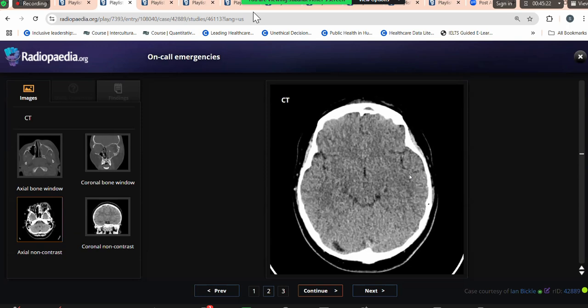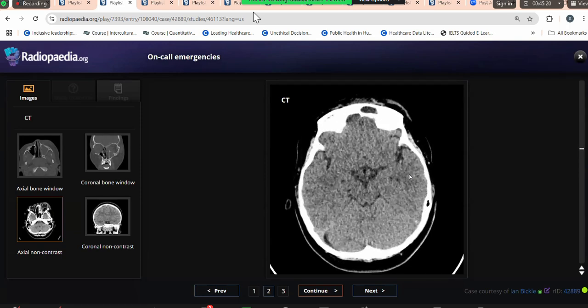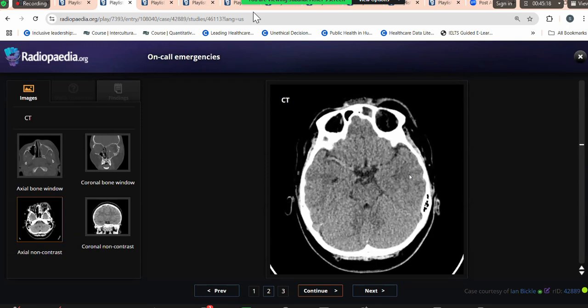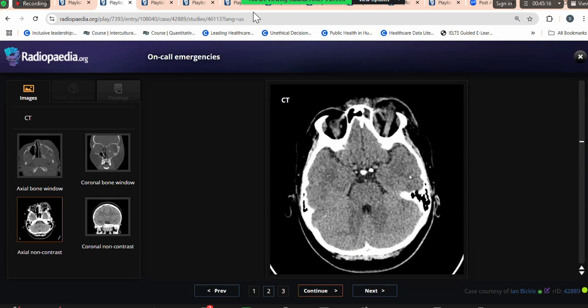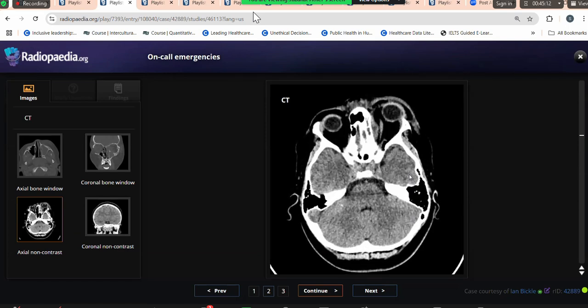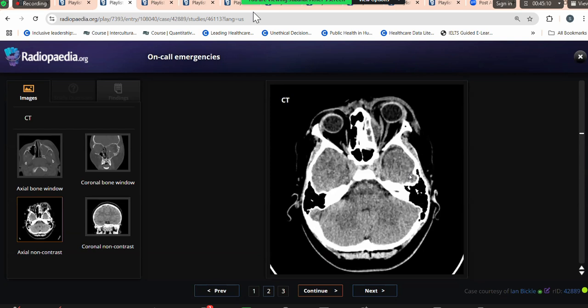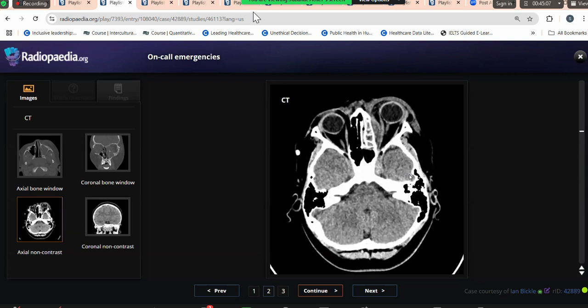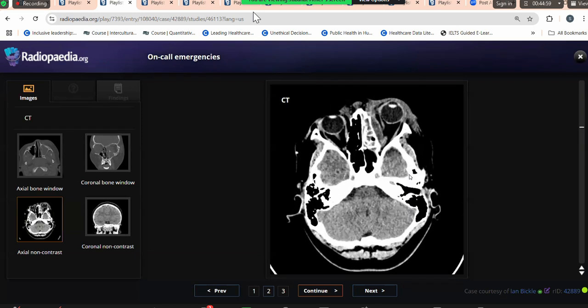The region of the sylvian fissures and the brainstem, no hyperdense MCA or basilar artery seen. I can see that there is an abnormality involving the left orbit, and there is a left proptosis of the left eyeball. There is a preseptal soft tissue swelling, and I can see that there is